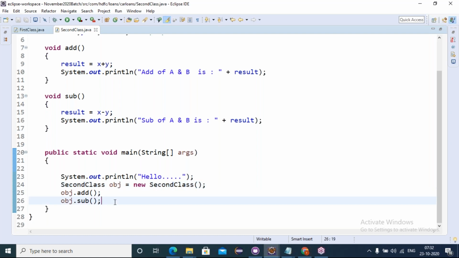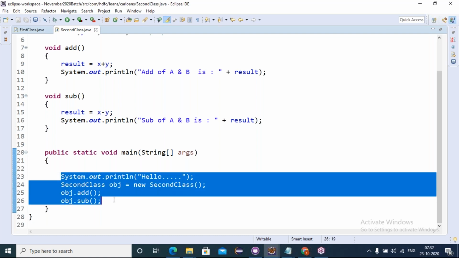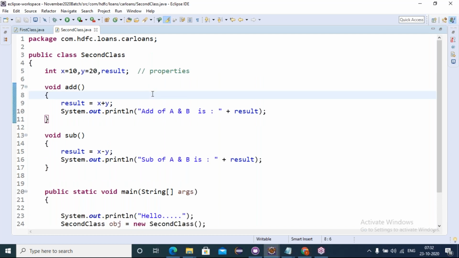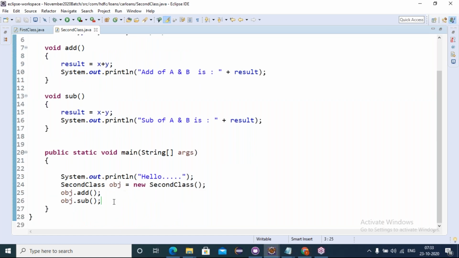Next question. Can I create more than one object per single class? The same example resembles the building plan. I have one building plan, and I can execute the same plan to construct multiple villas, right? The same villa plan I can execute for 60 villas. But for every villa, we have to purchase building blocks. Same way, for a single class we can create n number of class objects. Class is a collection of objects.